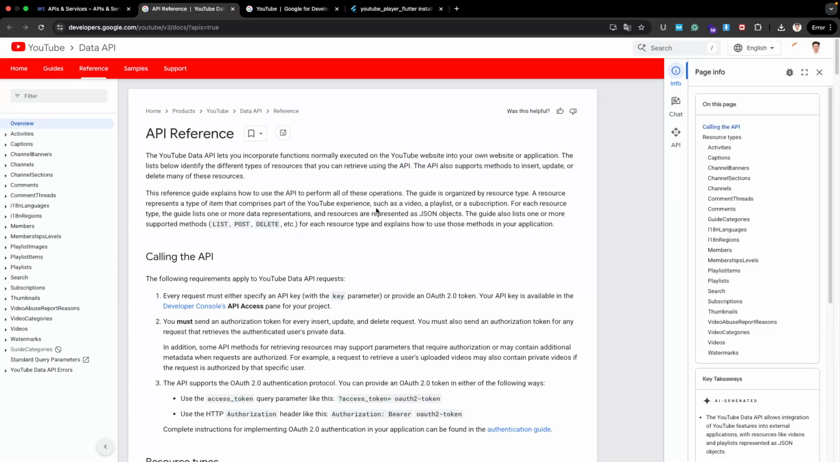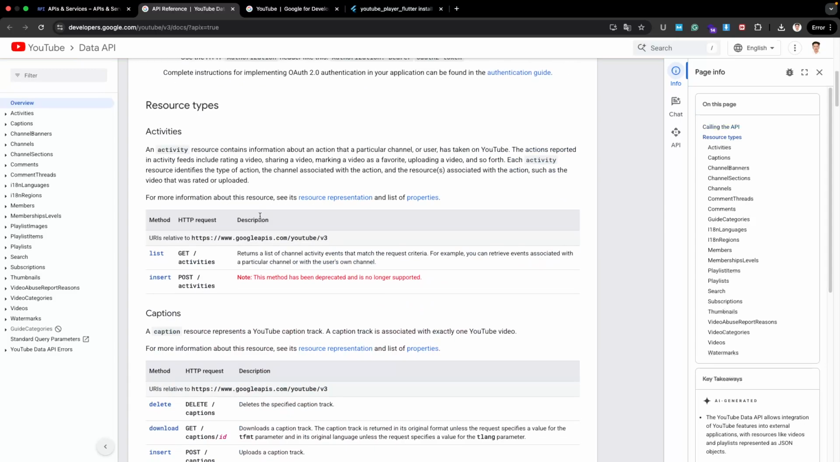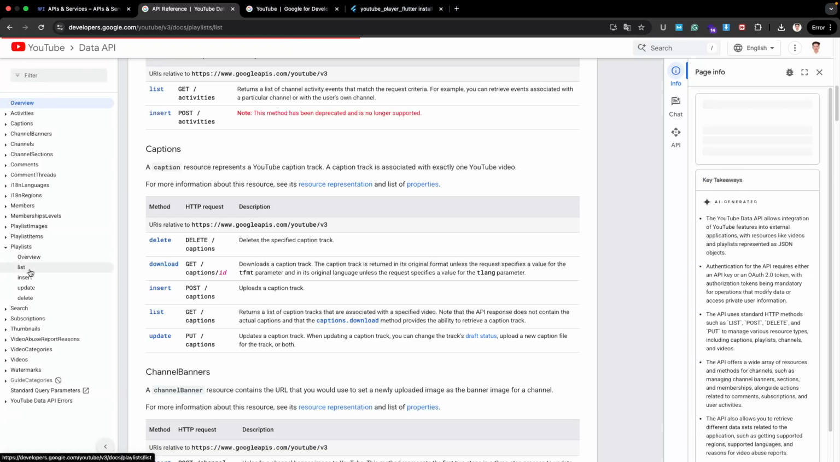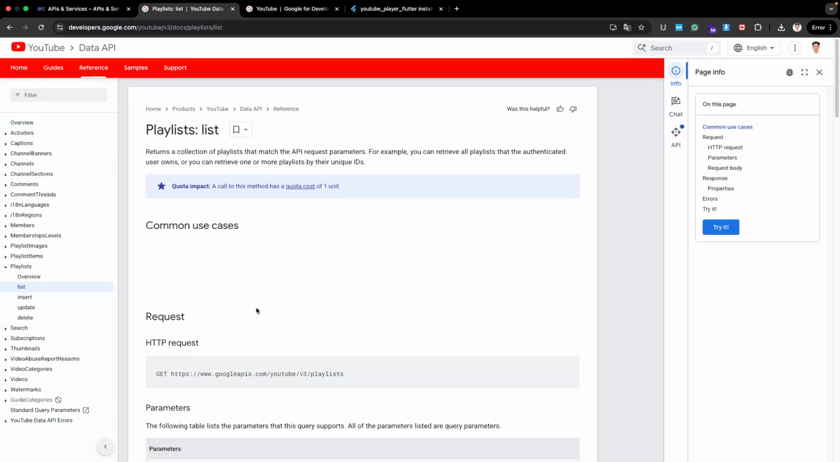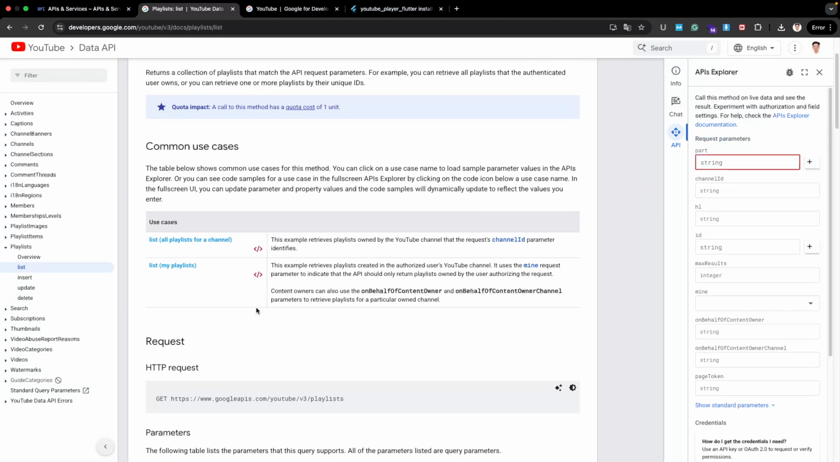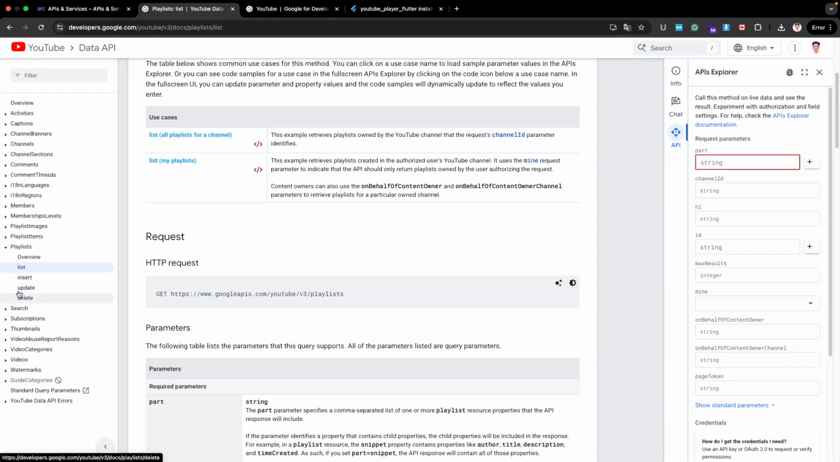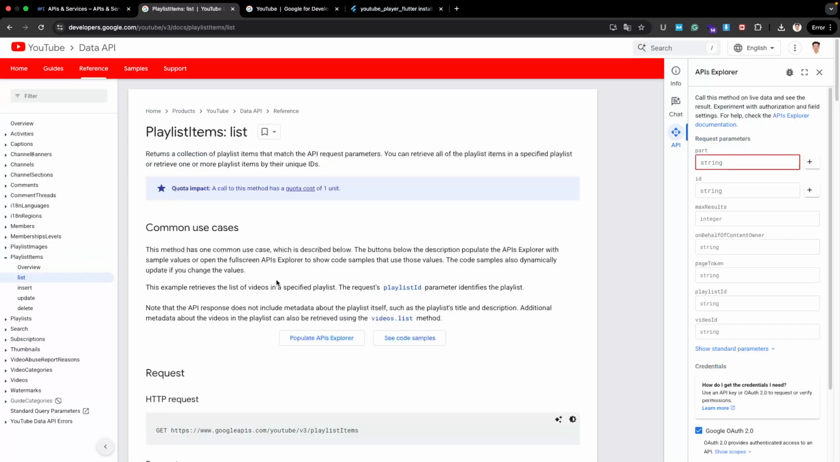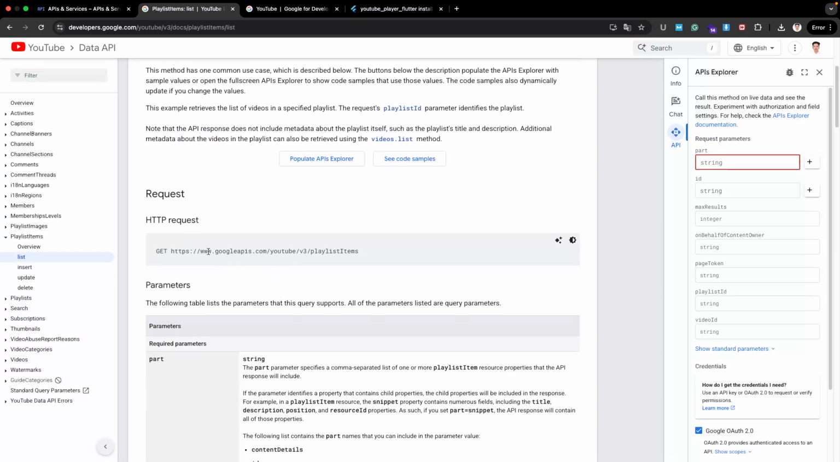So here you can see the detailed documentation. So let's go to playlist section here in the left sidebar, and we are going to fetch all the videos inside a playlist. I guess we need playlist items, not a playlist but playlist items, like the videos from the playlist. So here you can see the base URL here,